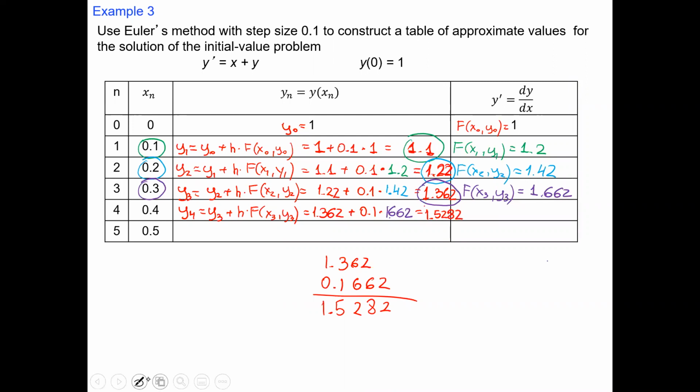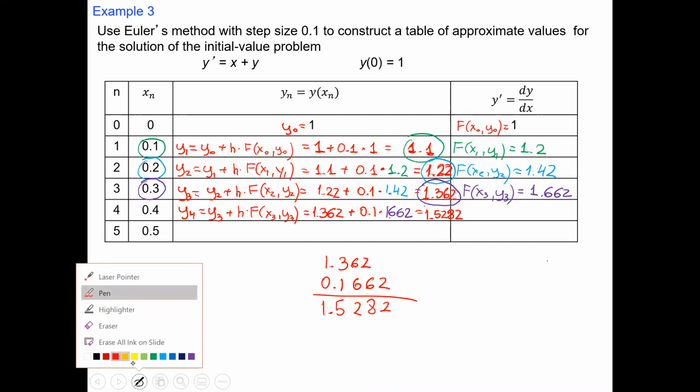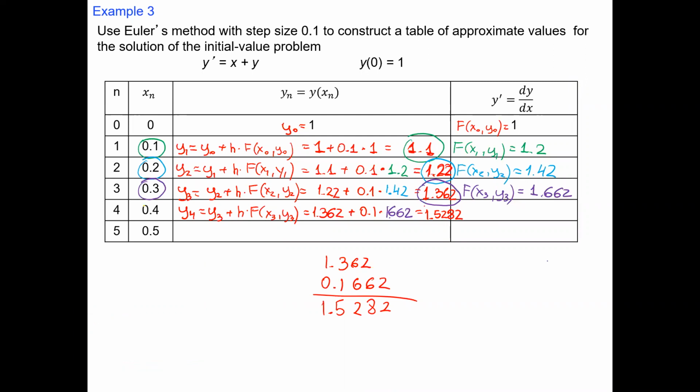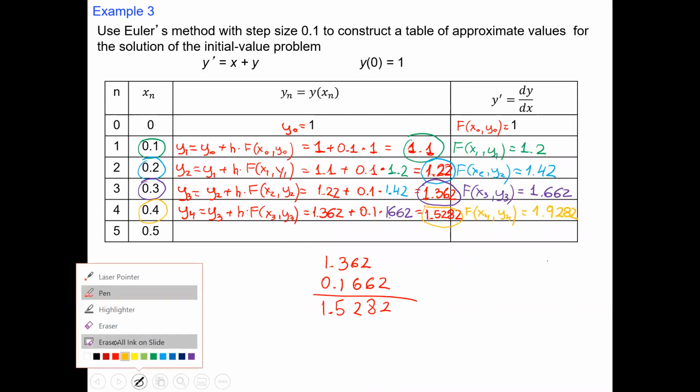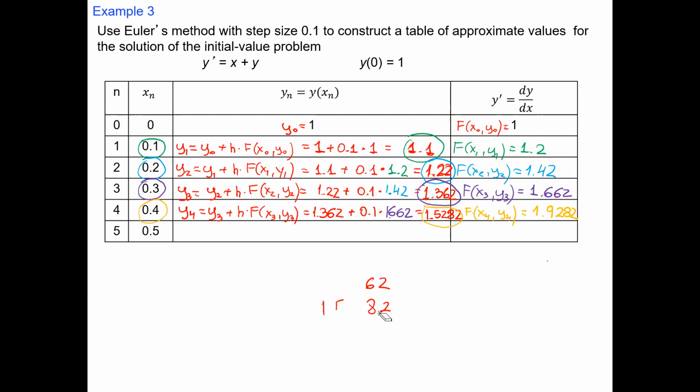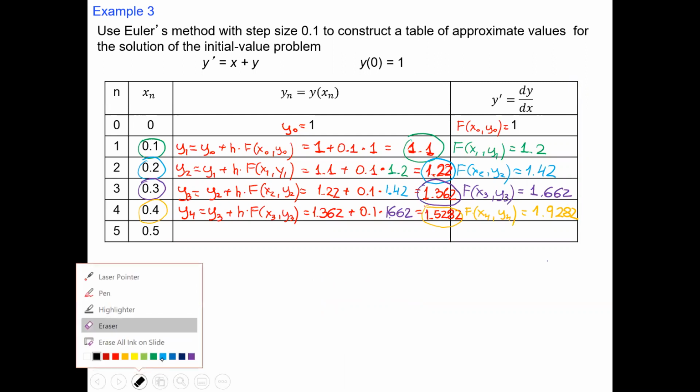Okay, now I have to add, what color can I use? Maybe this one. This one, x plus y, will give me the slope at x4, y4. And just for that, this will be 1.9282. Okay, one more. But then, computing this, we will know perfectly the Euler's method. And one more,